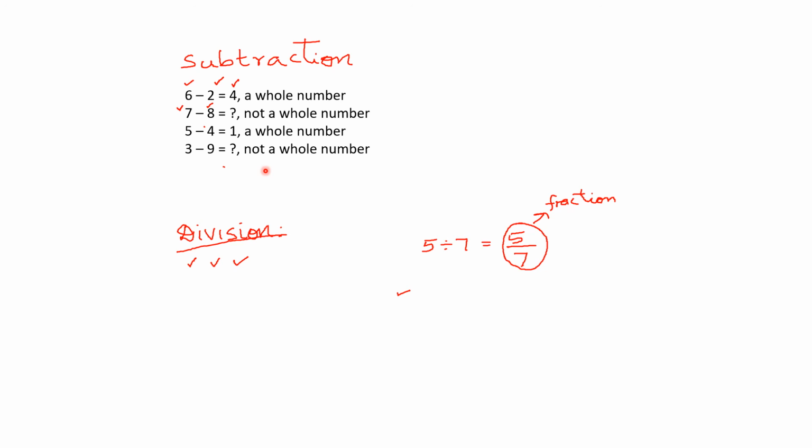So what you do is where you have written 7 minus 8, you put equal to sign. 7 minus 8 equal to question mark. Now are you getting a whole number? 7 and 8 are whole numbers, but the answer is not a whole number. So you write there, not a whole number. 7 and 8 are whole numbers, but subtraction you cannot do.